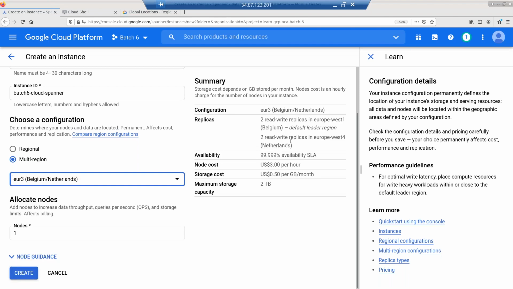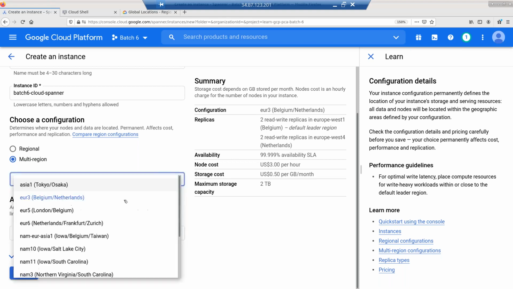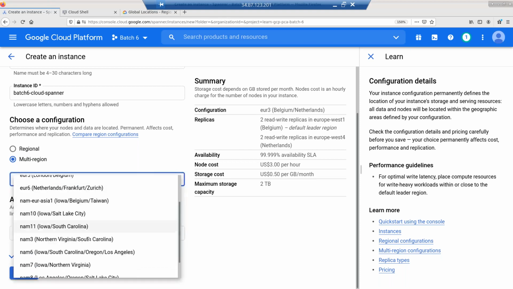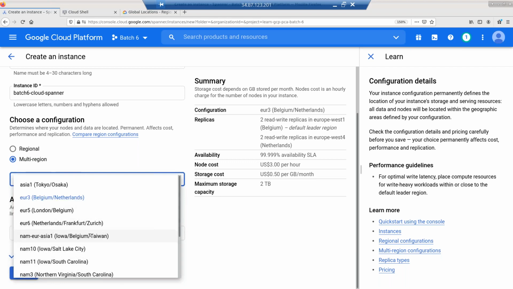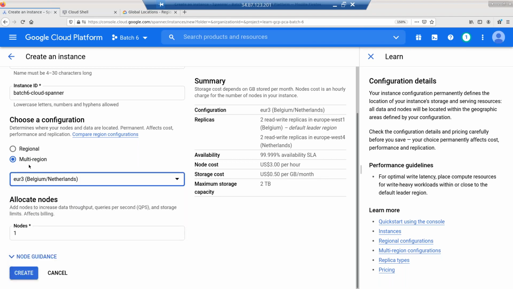But if it's more than two regions, you are going to have only read replicas. So maybe in the future they may change this, but this is the current situation. Why I'm sharing this information is, when you're designing it, you need to decide whether this is really going to fulfill my requirement or not. Just saying it is multi-regional, horizontally scalable, but there are certain things you need to know as a limitation here. Okay, so now going back to regional,